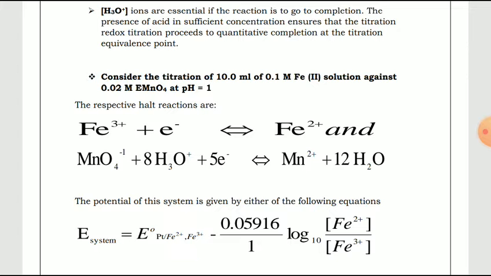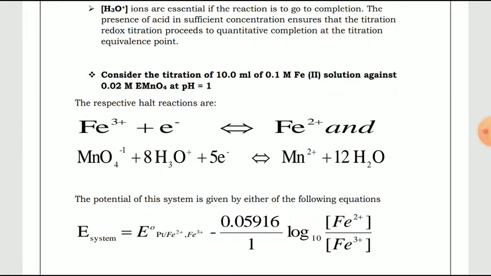See, in this equation, E system or E cell is the cell potential, and E naught will be the standard electrode potential of the cell, and 0.05916 will be the constant term, divided by n. For the first half reaction, only one electron is involved, that's why they have taken 0.05916 upon 1. n stands for the number of electrons involved during the reaction. Then the remaining part all of you know very well, right?